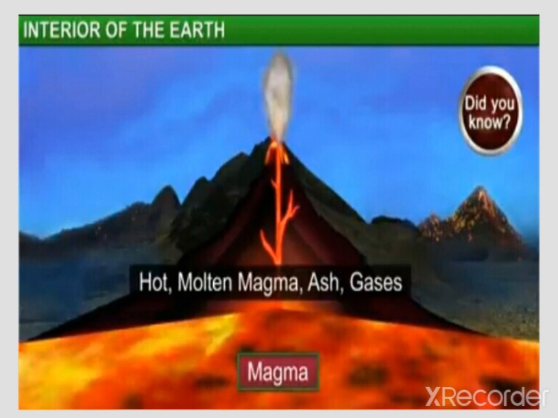Let me tell you, students, in the interior of the earth there is continuously a movement going on, and because of that movement energy is released. This energy is accumulated at one point, and this point is located in the upper mantle layer. But when this energy is released more and the pressure goes beyond the limit, this energy is scattered in the form of waves. These waves are the endogenetic movements.